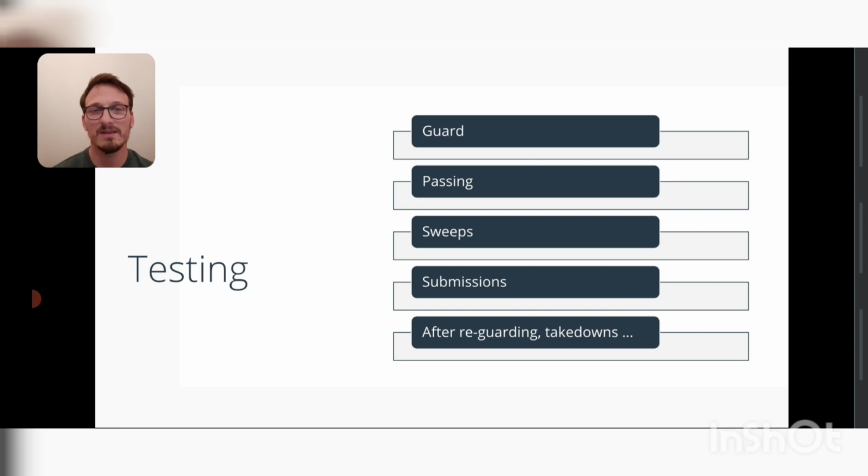When you do the testing, the positional sparring, you should also lead them and help the students to increase complexity one by one. So first you let them fight in guard, then the person on top is allowed to use any pass they want to use. Then the person on bottom will be allowed to not only do guard retention but move into sweeps right away. Then you add in submissions from top and bottom,